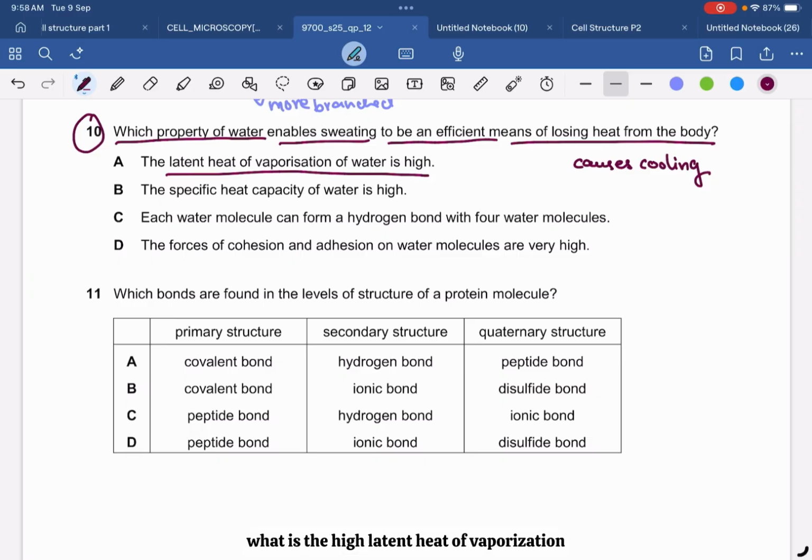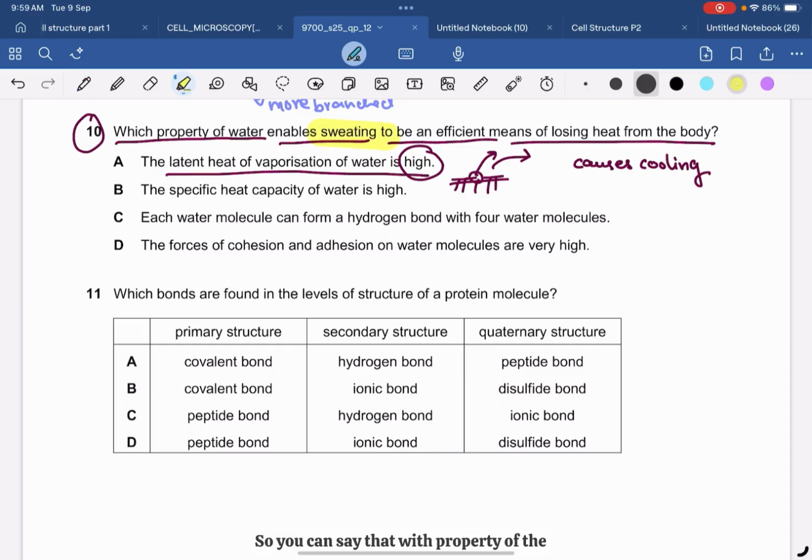Now what does the high latent heat of vaporization of the water mean? It means that the water absorbs a large amount of heat energy so that it can evaporate from the skin, right? When the water is on the skin, it is absorbing a high amount of heat energy from the body so that it can evaporate. A lot of heat is taken away in breaking those bonds of the water and causing them to evaporate from the skin, so that is why the cooling effect is seen in